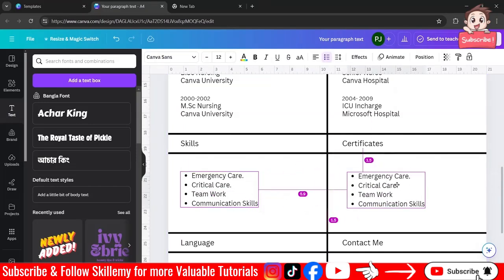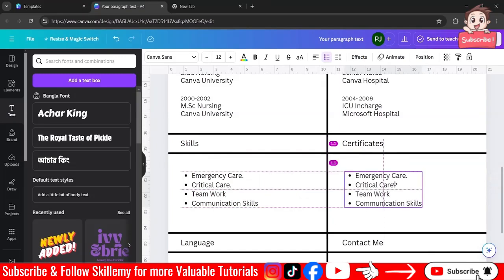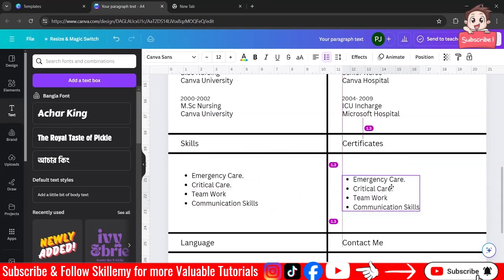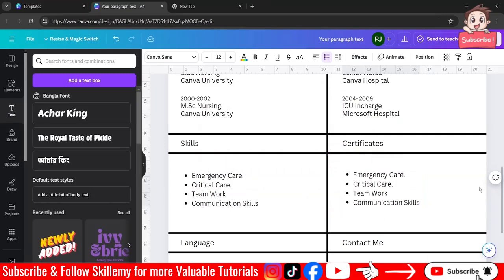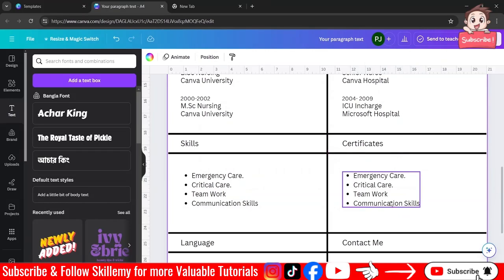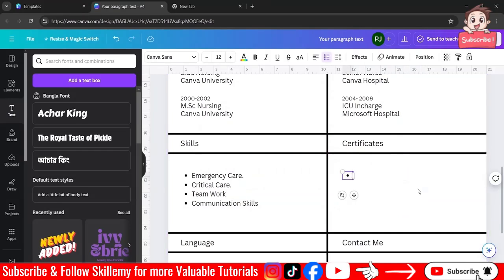And then certificates. So over here let's add some certificates. Let's delete this one, and the first certificate let's put as emergency care certificate.